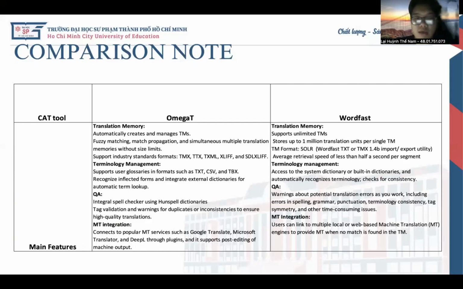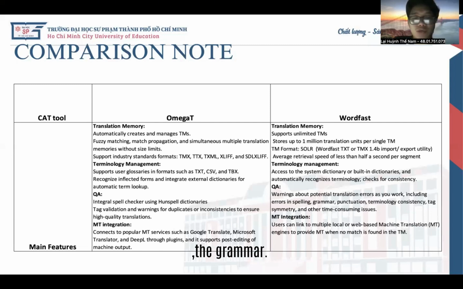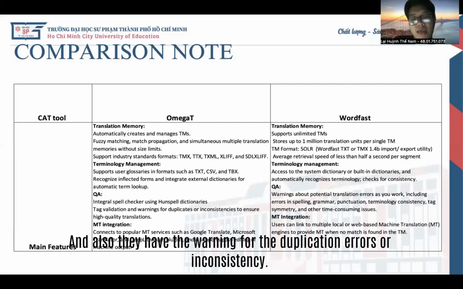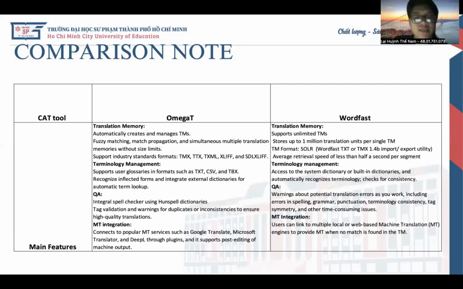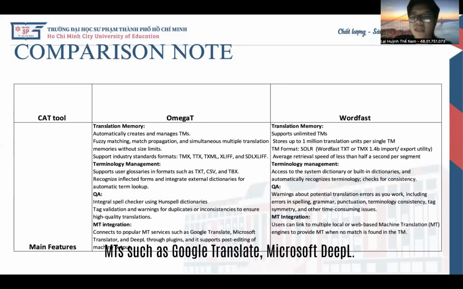For QA, both work on the spelling, the grammar, and also they have warnings for duplication errors or inconsistency. And also the MT integration. So they have plugins with very famous MTs such as Google Translate, Microsoft, DeepL,